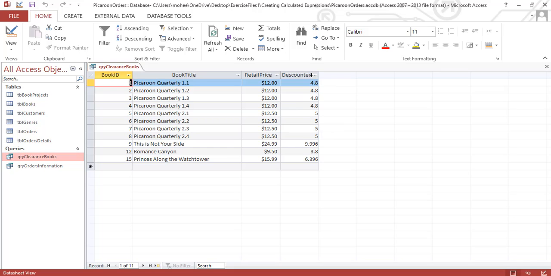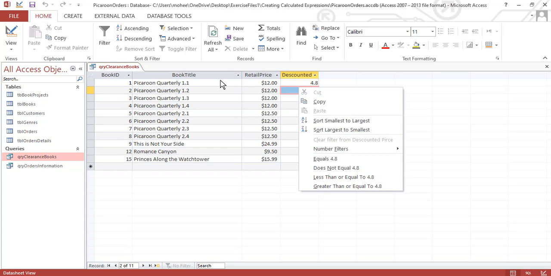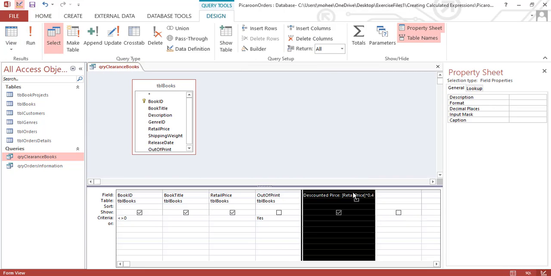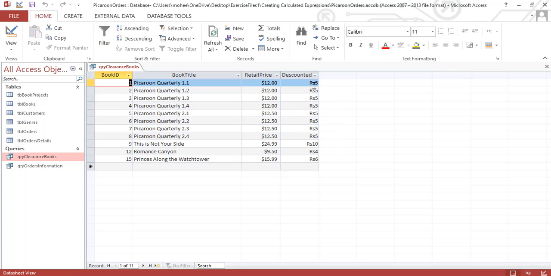Now look at this, the sale price is the column title, and the discount is properly given. A little bit the value is rough, so we'll have to change the format of the value. We'll change this format into currency, and we'll find out that it would be a nice new calculated field. So that's how we create a calculated field in Microsoft Access.